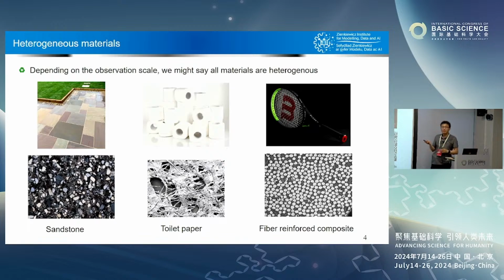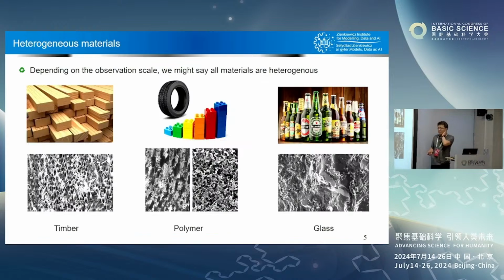Fiber reinforced composite materials. So when you observe the material, the carbon fibers are embedded in the resin matrix. Timber is a typical heterogeneous material, very easy to observe the structure just under a microscope. Plastic, including homogeneous, even glass, looks